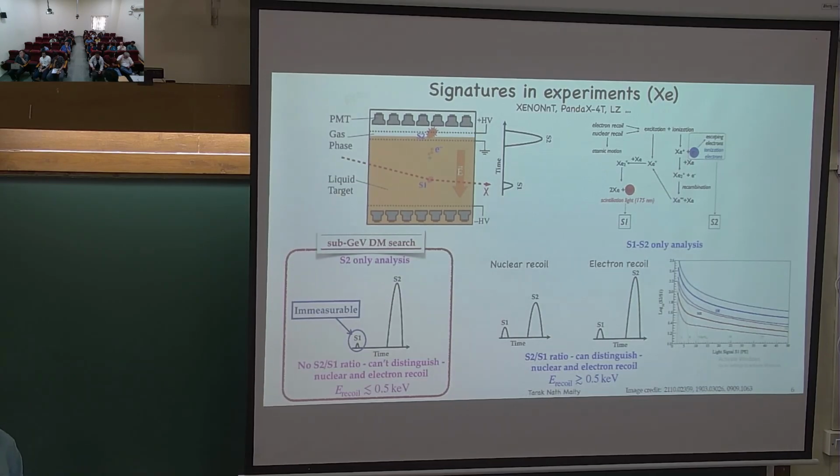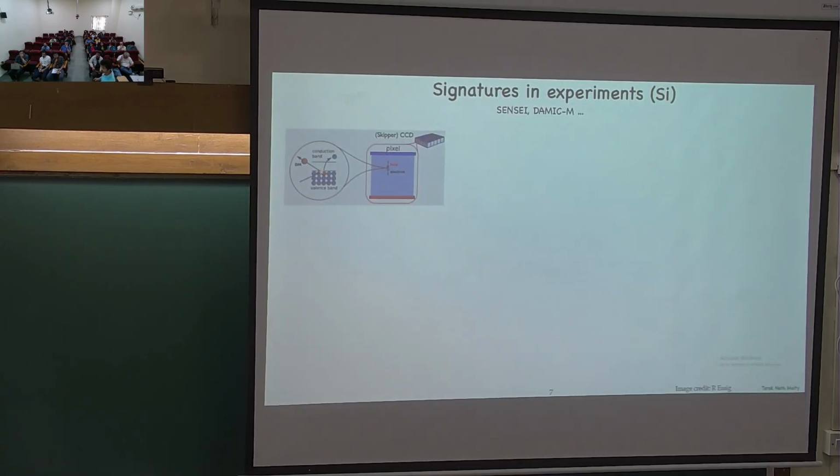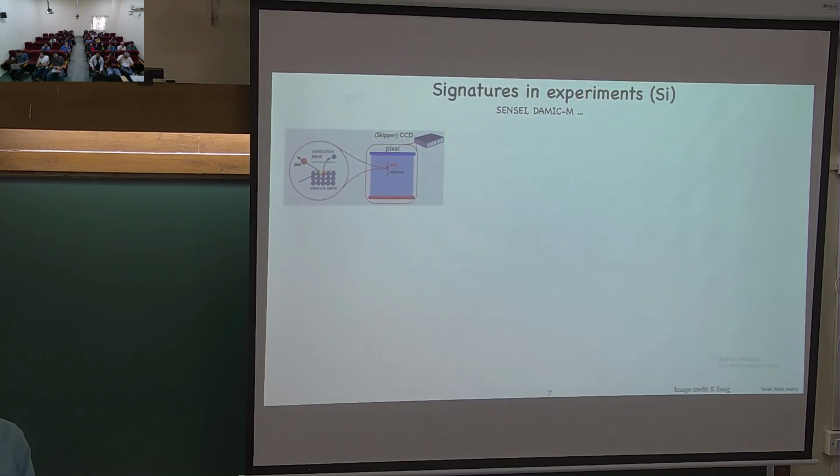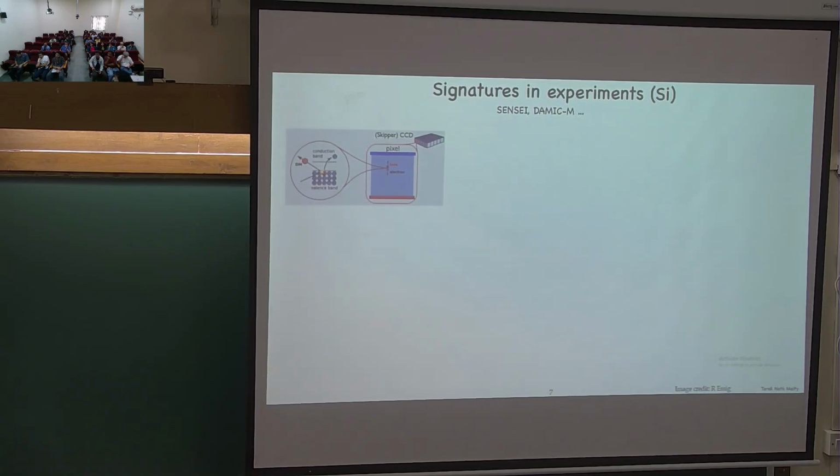Right? Okay. Other than this, as I said, people do also use semiconductor targets. In semiconductor targets, what people usually use is CCD as a target material. CCDs are there in the smartphone too. And you do observe various astrophysical objects using CCDs, and each of these CCDs contains millions of pixels, and each of these pixels has, let's say, silicon as a target material.